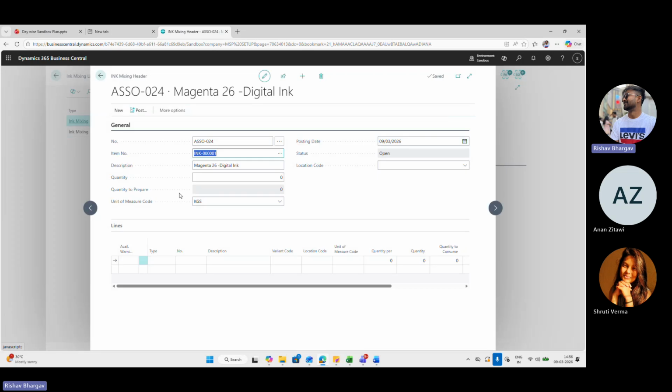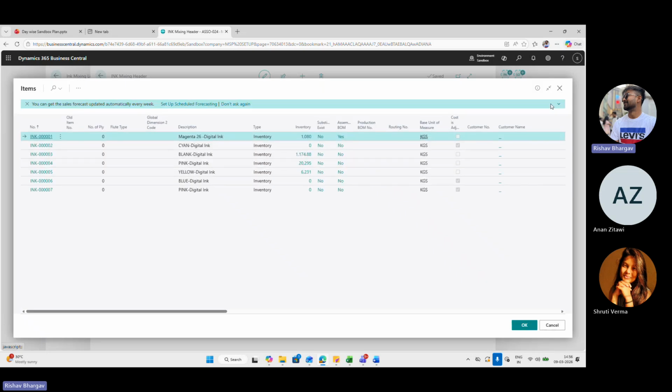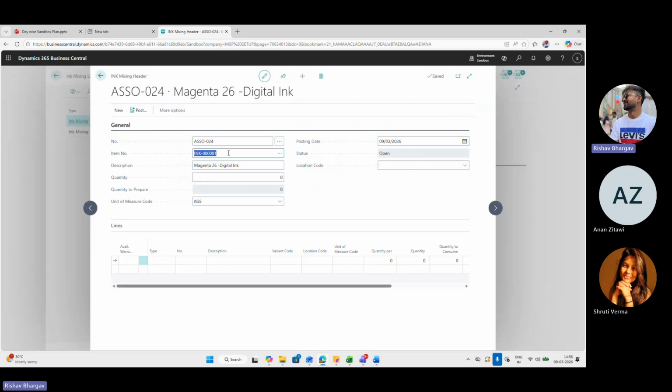I'm selecting ink number 1, and for it we need to assign the assembly BOM. With the help of that BOM, it will make the magenta 26 digital ink. We need to fill the quantity.